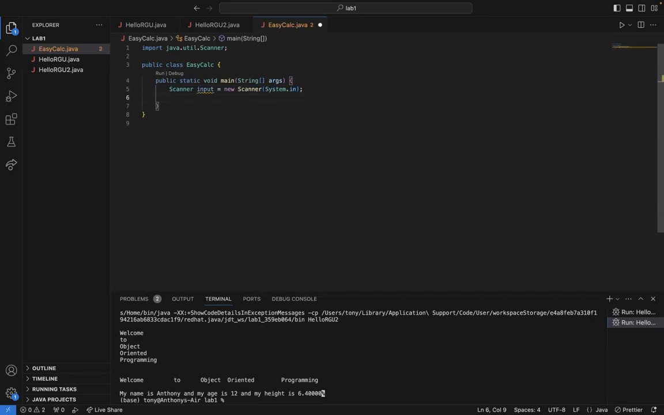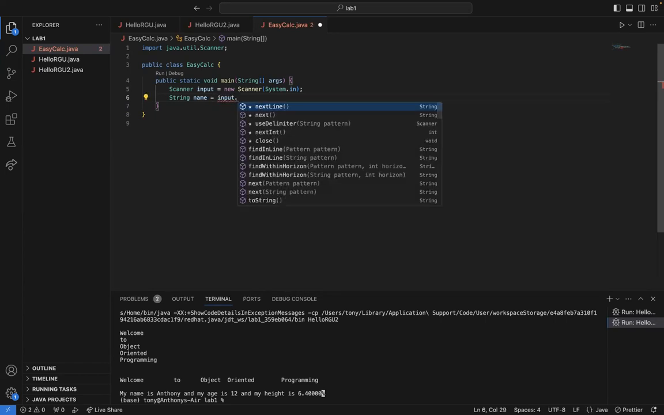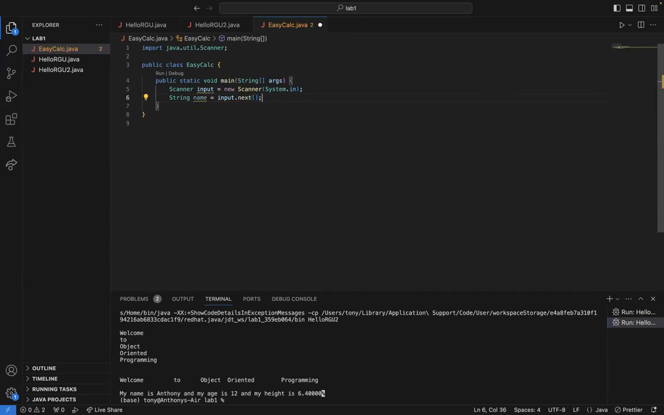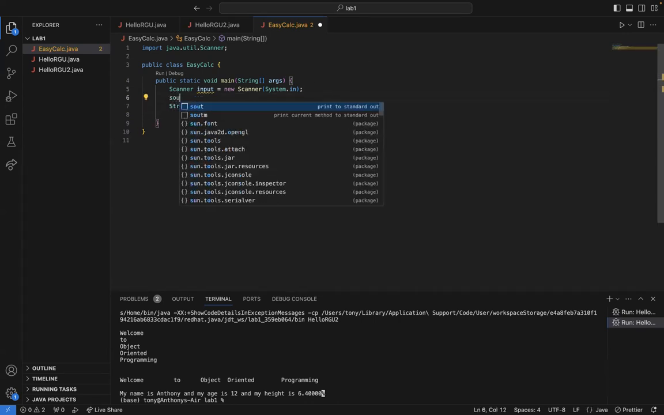So I can say string name equals input dot, depending on what you want to get. In our own case, we want to get a string, so I could just use dot next. We'll see more examples soon, but let's just see. We can just insert